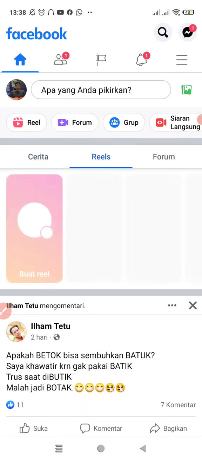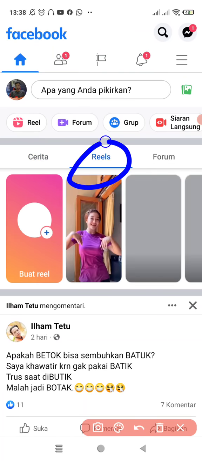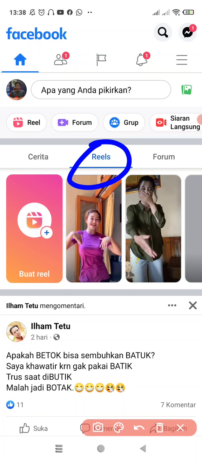There are many Reels on Facebook, you can see here. If you want to get a viral Reel on Facebook, there are two kinds. The first, you are a woman and you show up something to make men excited to see your body and something like that. The second one, you must make entertainment: how you make many people laugh, how you make many people entertained with your creator, with your videos,